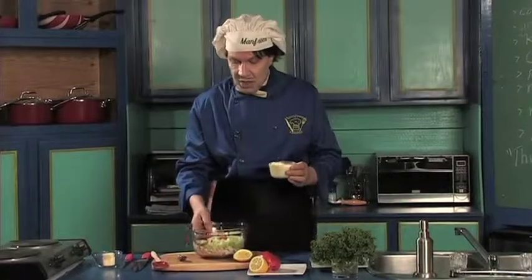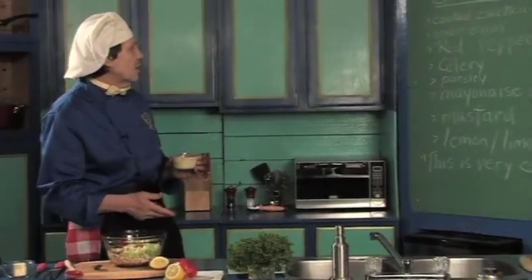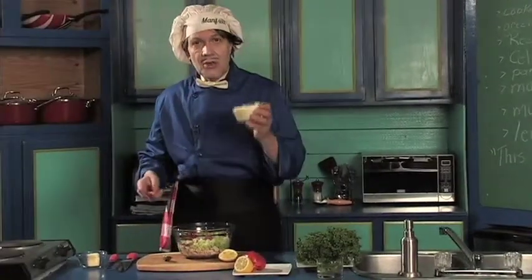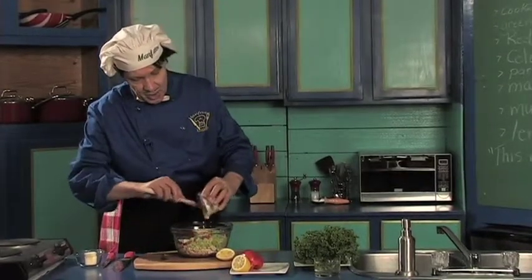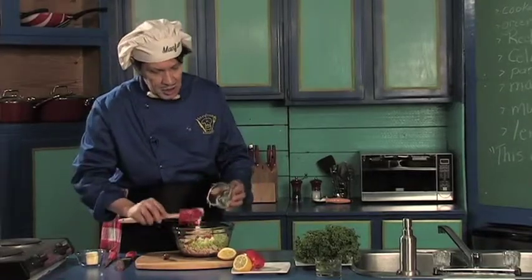We're going to put this right in the center here now. We make sure we got the green onion, the red pepper, the celery, the mayonnaise, the mustard, the lemon. Sure, that's great. Now this is where it gets fun. You just take this, put it in like that. Whoa, isn't that nice? And now notice the spatula